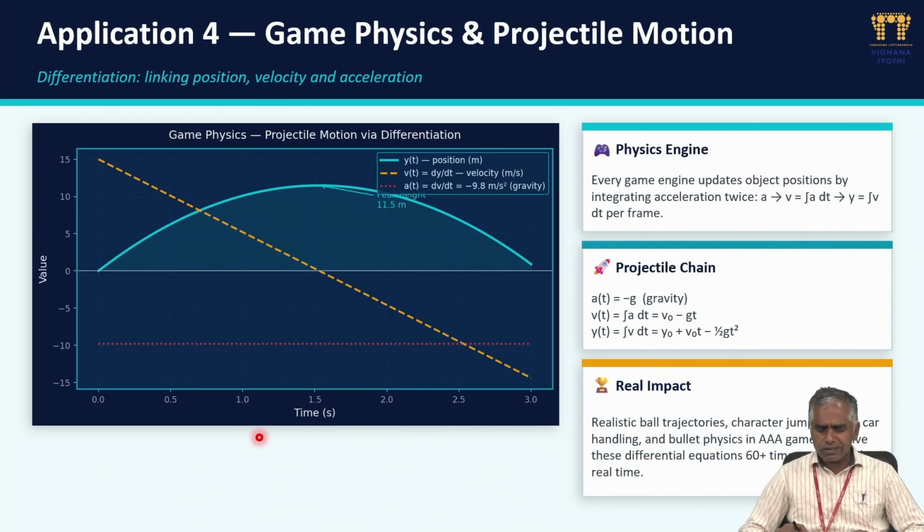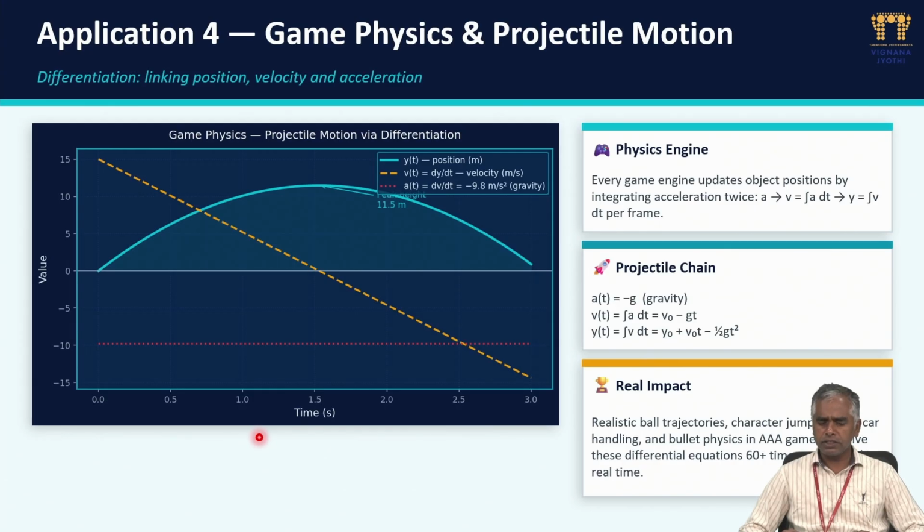So what is the physics engine? Every game engine updates object positions by integrating acceleration twice. That is, velocity V equal to integration of A dt, and position Y equal to integration of V dt per frame. So the projectile chain: A of t means acceleration, that is minus g, that is gravity,